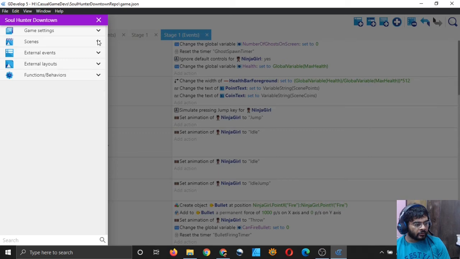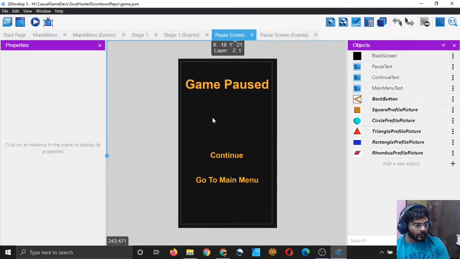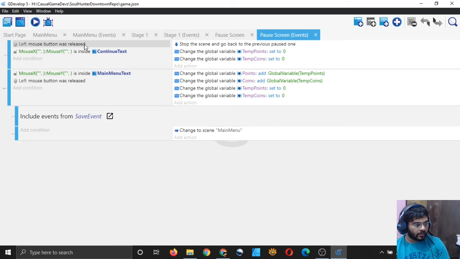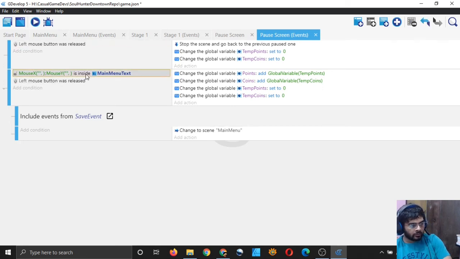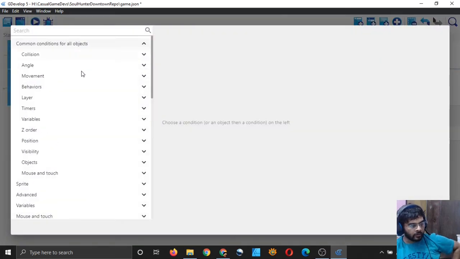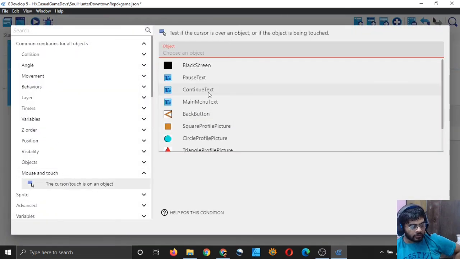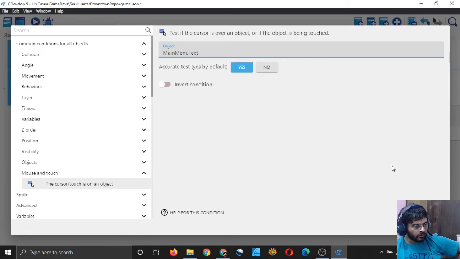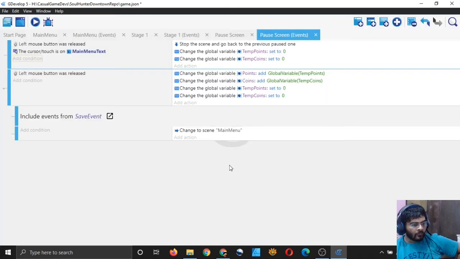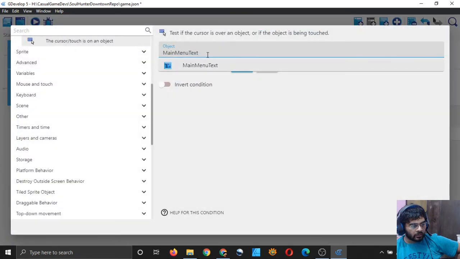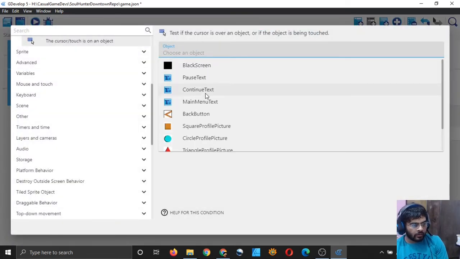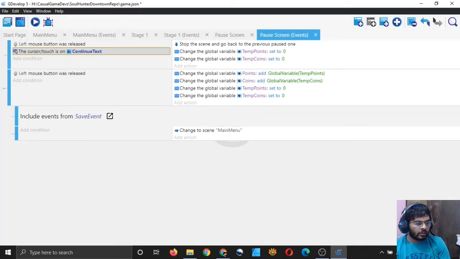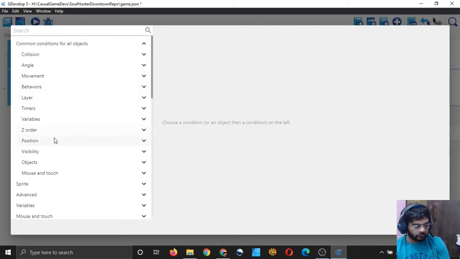What's the issue with the pause screen? Here also I think, yeah, I'm testing it this way, which is not a very good way to test the presence of mouse inside a button. So I will just choose mouse and touch, and I will choose main menu text. No, this is the other text. This is the continue text, and this one is the main menu text.